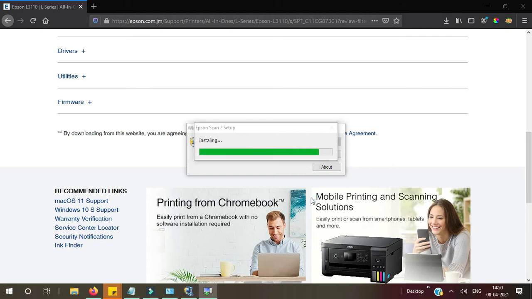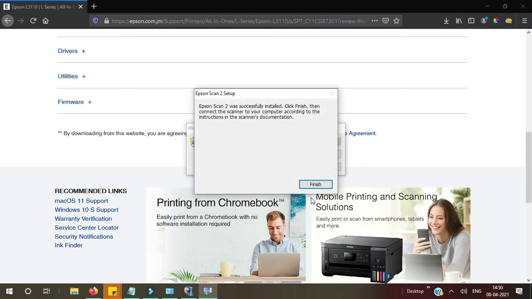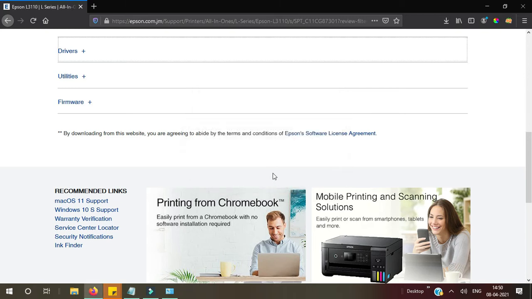You just need to download the drivers model specific, like you need to download drivers as per your model number. Right now I am using the L3110 model. That's why I downloaded the drivers for the same. So, okay. You can see Epson Scan utility successfully installed. Okay, now click finish.